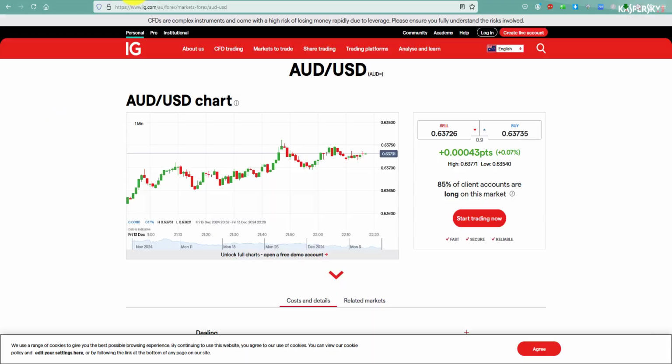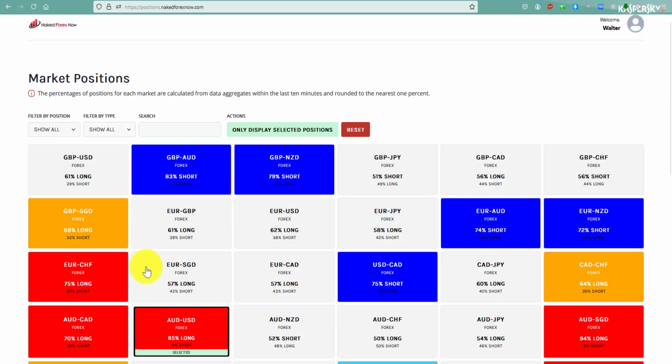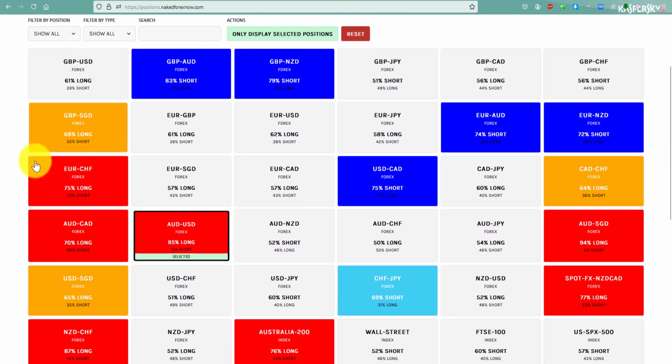Now, you can look this up on your own. You can go to IG. I like IG because they have many, many markets, as you can see here, and it's updated every 10 minutes. They have a pretty good chunk of the retail market. So you're going to see different numbers if you go to different sources. But what you want to do is go to a source that has a lot of retail traders. You don't want professionals. You don't want funds. You don't want to mess with the good guys. You want the losers, right?